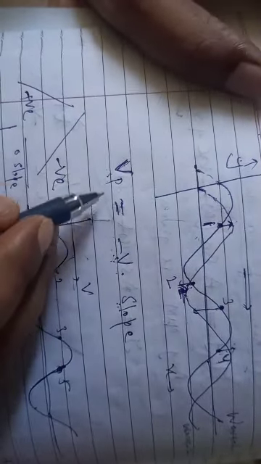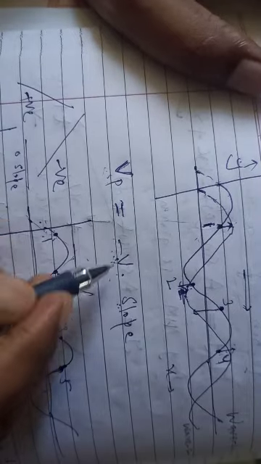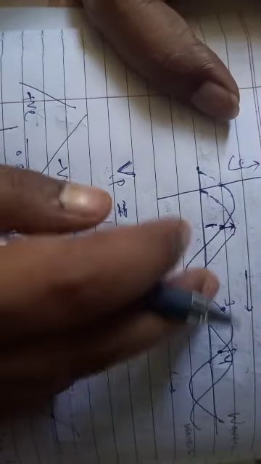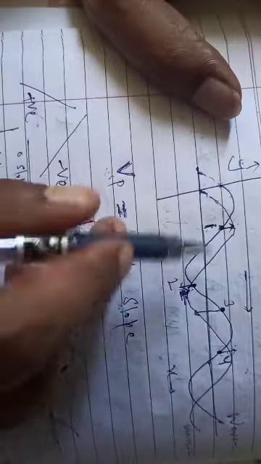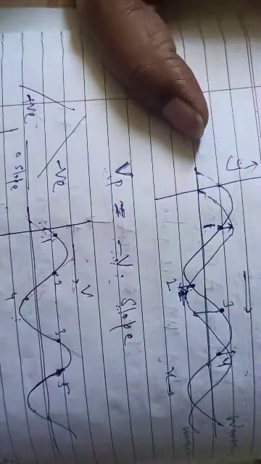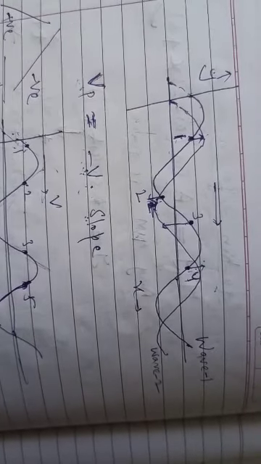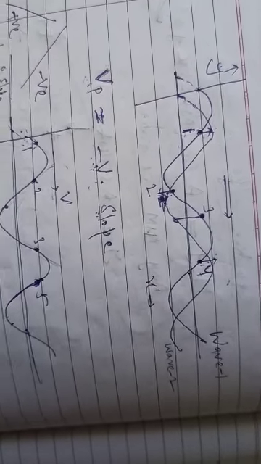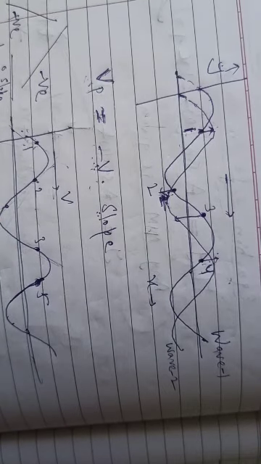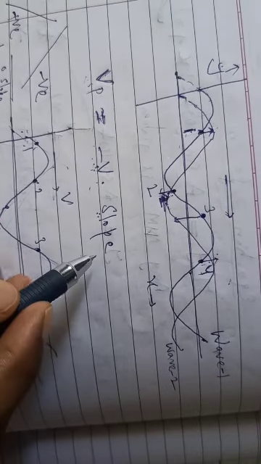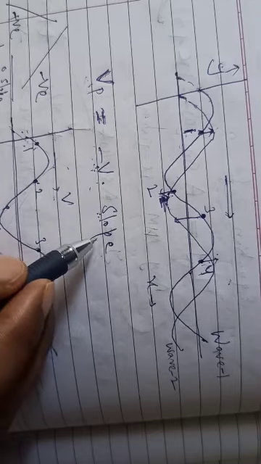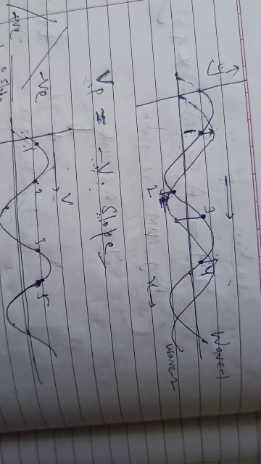But if you use this formula Vp is equal to minus v into slope, you don't have to draw this, you don't have to do the inspection, the analysis. You can just tell the direction of the velocity by using this formula Vp is equal to minus v into slope. How can we do that?